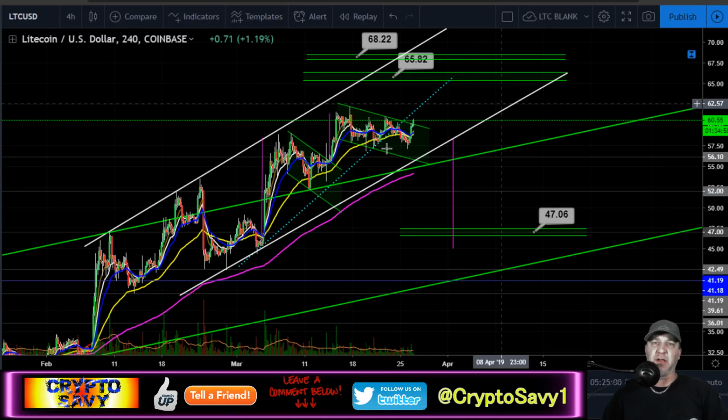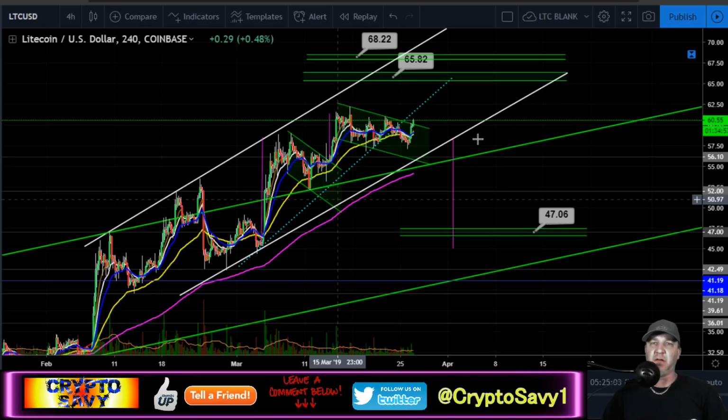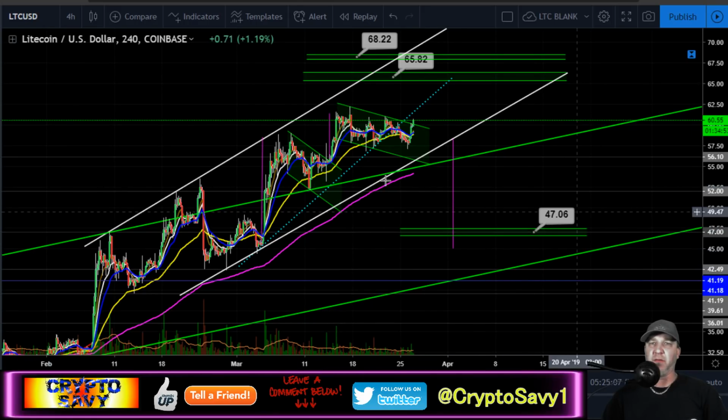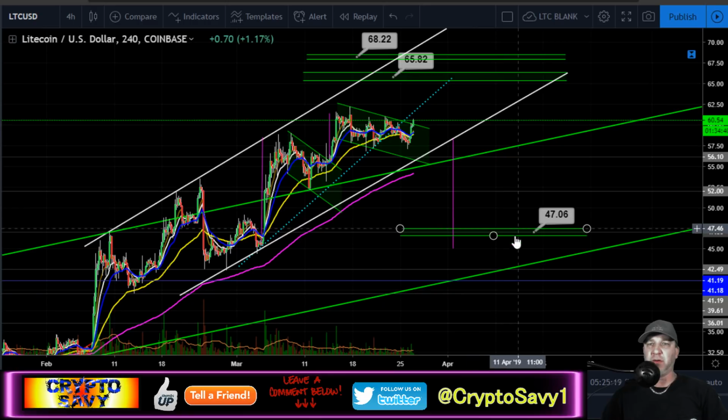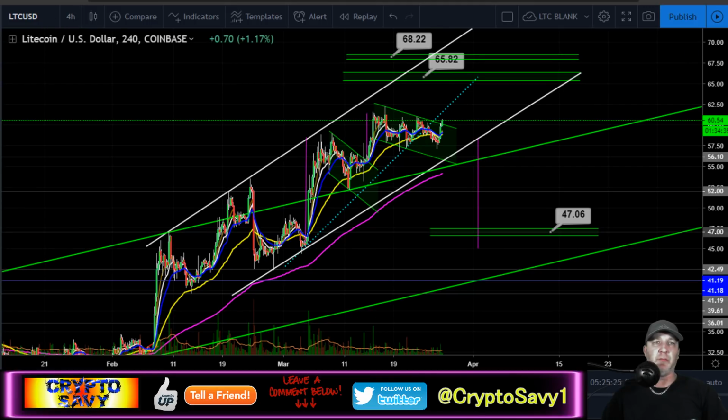Keep an eye on these trend lines here with this rising channel. Also keep an eye on this rising channel that we went through, because we could come down and test the top of that again, which would be around the $55 range. But if we break that, then I do see the lower targets of maybe between $47 and $42. But let's go into Bitcoin